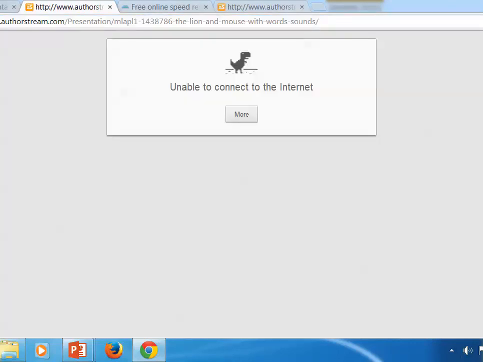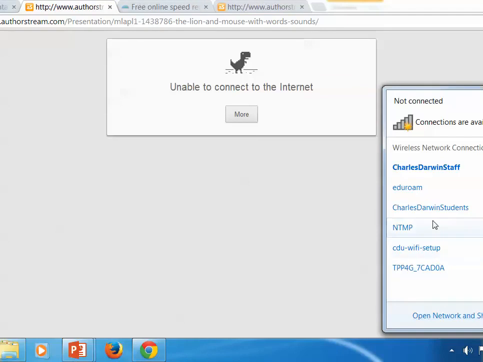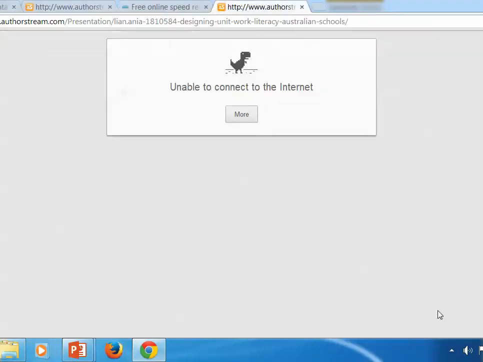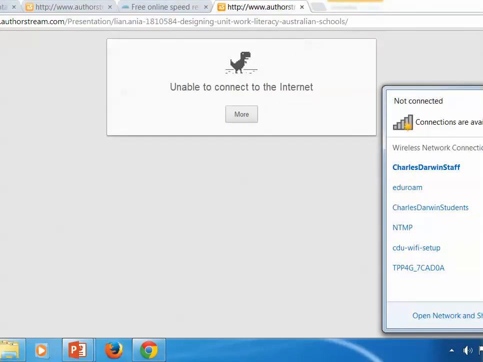Look, the connection is not running. How am I going to get the connection back? My computer says it is running. My telephone says it is running. But my thing is not showing it.